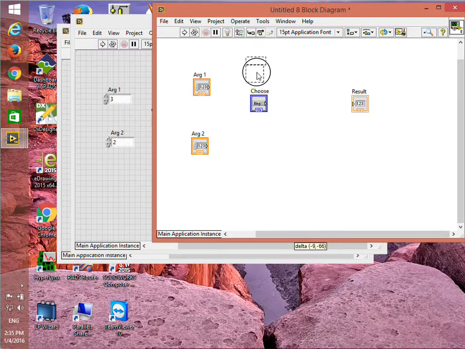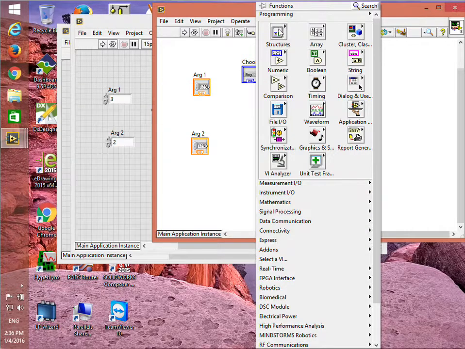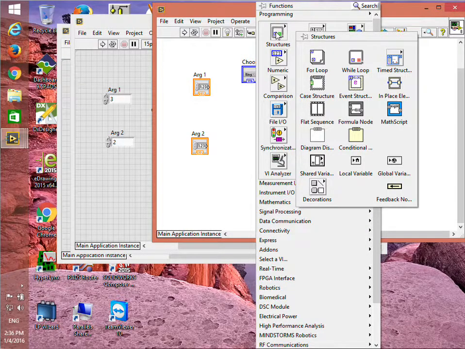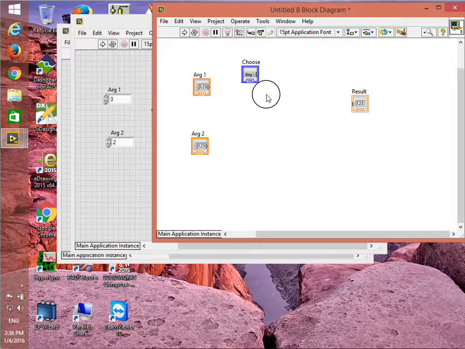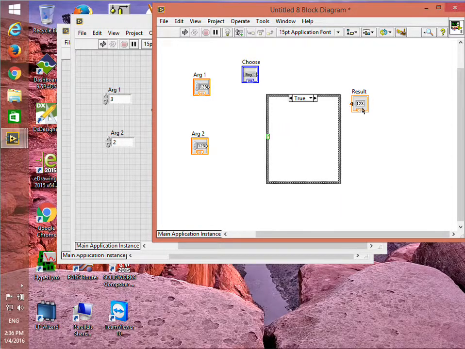Okay, so now how are we going to choose something? Well, LabVIEW has a number of things called structures. Let's see if any of these might be useful. This one here is called a case structure, and that means that you can choose among various cases that you do things with. So let's take a case structure and put it right in here. It presently is labeled true and false, and that might or might not be useful, but let's connect this to our little question mark there, and suddenly